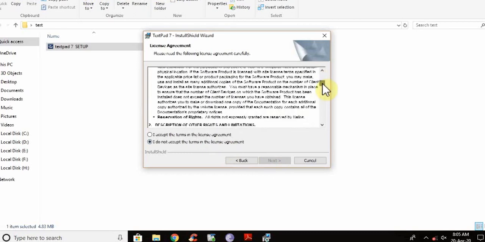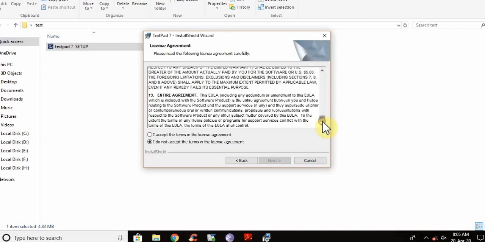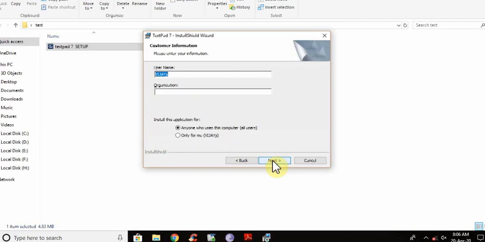You will have to go through these lines. These are company agreements, and after going through this, here are two options. If you do not accept this, leave it, or if you are accepting, then click on this checkbox. I am clicking here. Now after clicking, I have next available. Please check again. If I am not clicking, I have no option to click on next. Now I am clicking on accept. We have the next option. I am clicking next.